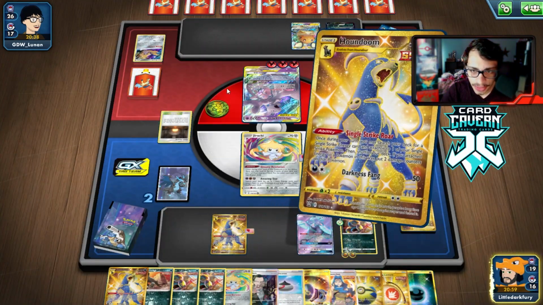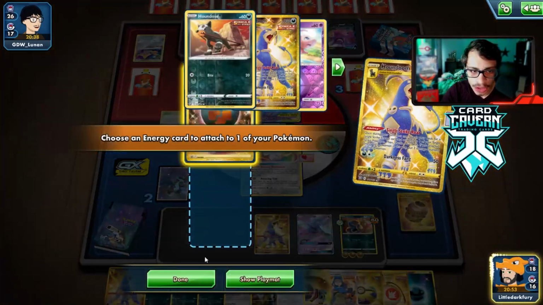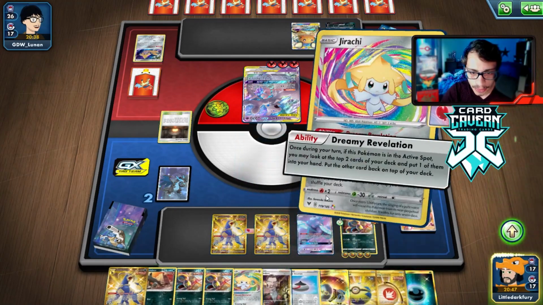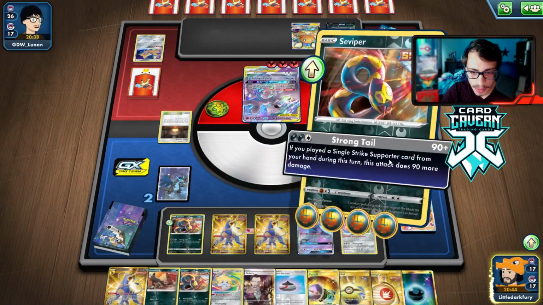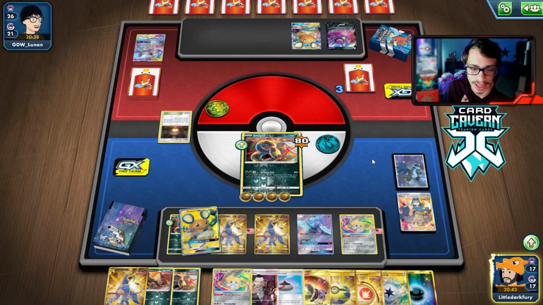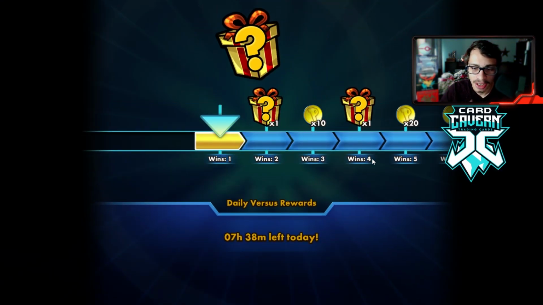And yeah, we're going to take a really big Karen's knockout here. Karen's Conviction, allowing Seviper to do a ton of damage here in the late game to finish my opponent's Mewtwo and Mew Tag Team GX off. Let me just read this during this next turn. Yeah, okay, good. We'll play the Karen's Conviction, retreat into the Jirachi, and Seviper to be safe, and then we will go Strong Tail for the win. How much is that doing? 320 damage. Not even a VMAX would have been safe from that. There we go. Single Strike Seviper does its justice there, and we take a dub versus a Welder Mewtwo deck,